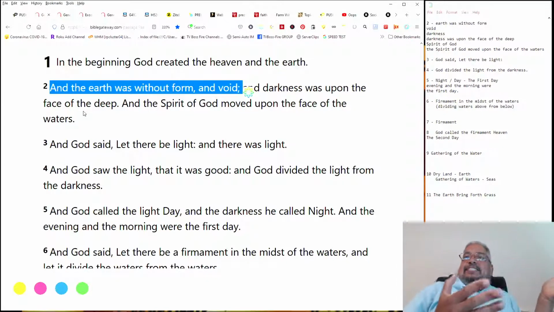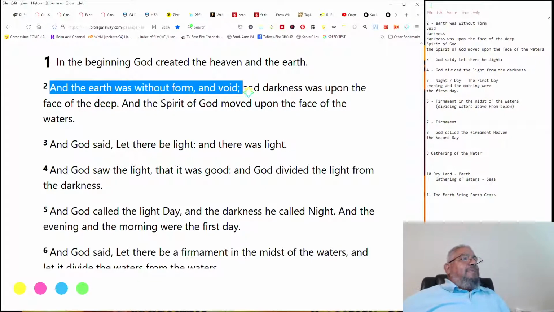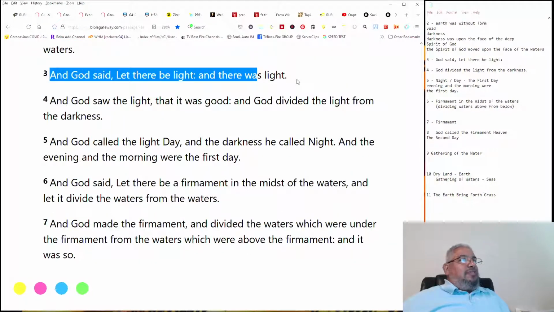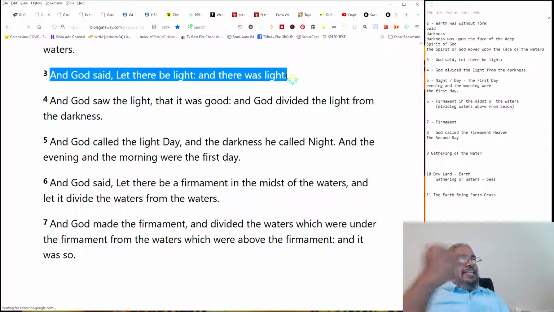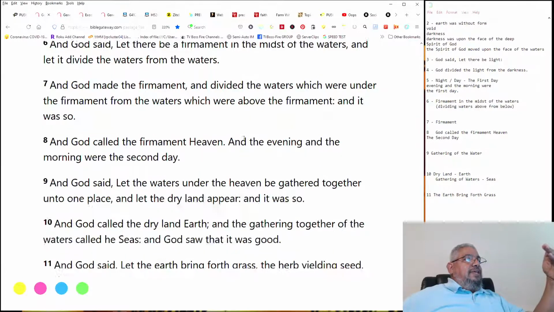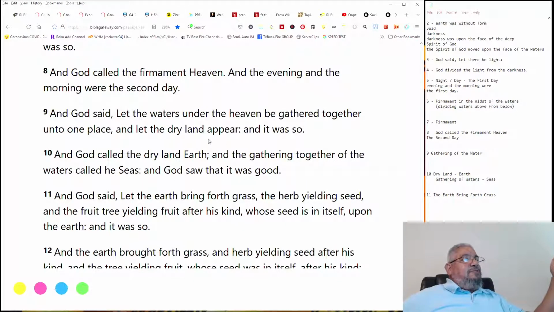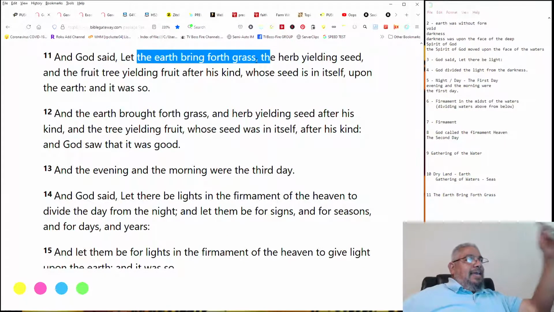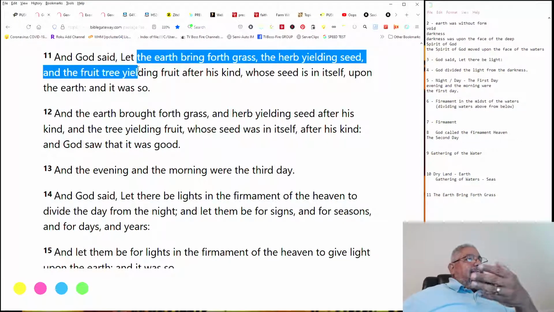Now, why does it say that God created man? Because it was all messed up. But what's in the earth? See, that's what you need to be looking at. When God starts here in verse 3, cuando Dios empieza en el verso 3, and he says, let there be light, and there was light. So he starts putting things in order. He says things like this, so people don't catch it. Let the earth bring forth grass. Deja que la tierra produzca la hierba verde. La hierba que produce. Let the earth bring forth the fruit tree.